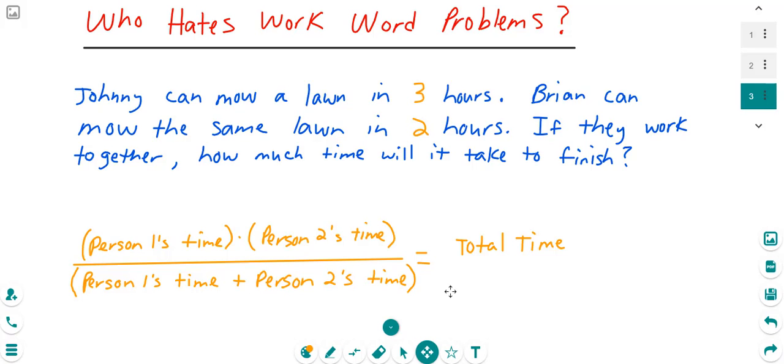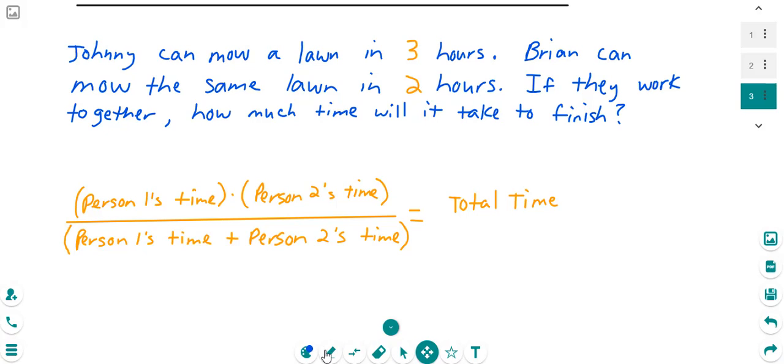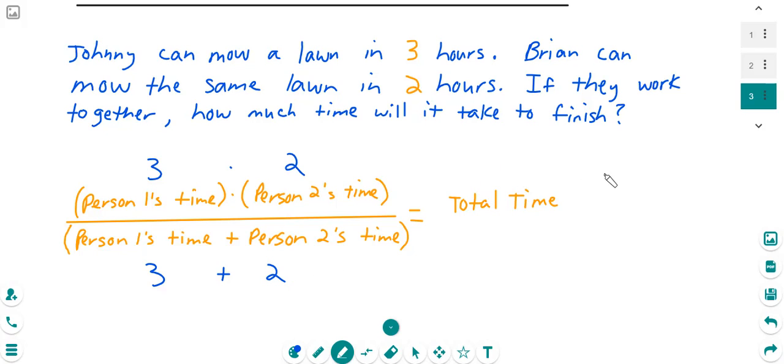All right, so let's just come down. We'll use blue. Okay, so Johnny is 3 hours. We'll go right here. 3 times Brian's time is 2 hours, over Johnny's time, 3 hours, plus Brian's time of 2 hours. That's just going to equal, we'll go over here,